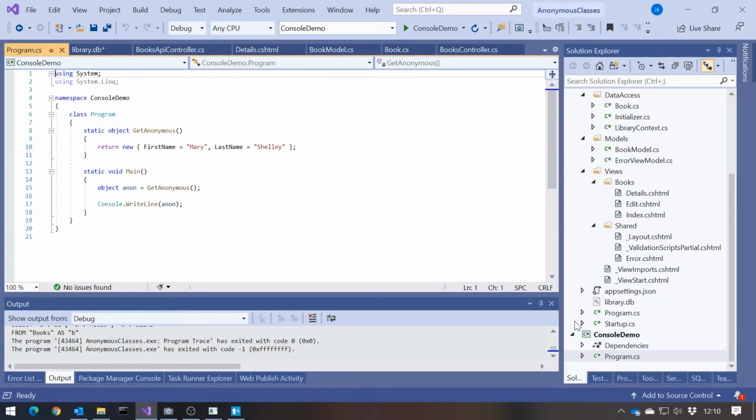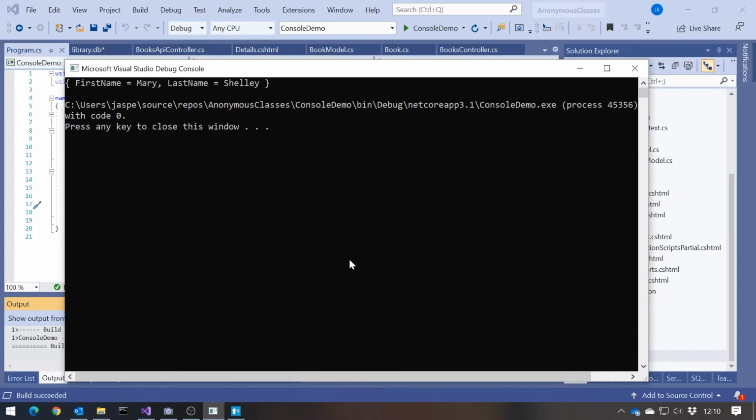what we've got in here is a much more simplified example that shows the exact problem. We've got this getAnonymous that returns an anonymous object with a first name and a last name. The only thing we can really do is return that as an object because we can't name the type. So we put it in there, and here we are doing a write line. And if I run that up, one thing that we'll notice, a nice thing that anonymous types give us, is they do give us a toString. So remember that write line was calling toString, and it's not very clever, but it's enough. It gives us the property name and the value, property name and the value,